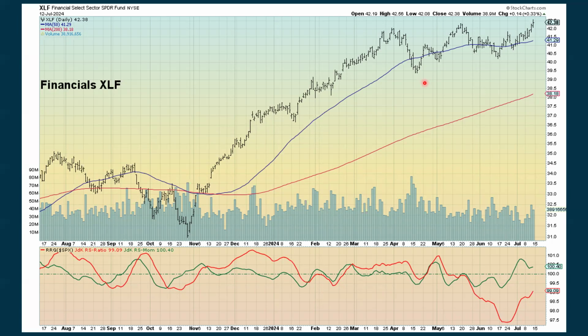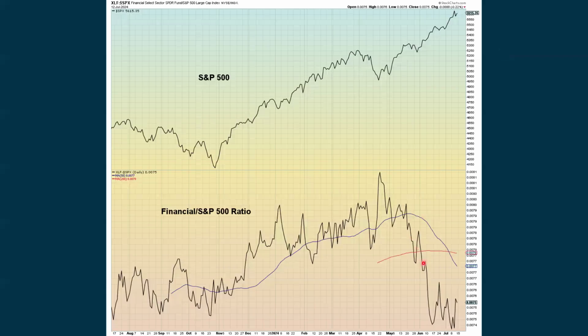It was kind of a buy the rumor, sell the news type of thing, where the price of banks were going up, and then the reports came out and they didn't like the forward guidance, and so the stocks ended up declining. But we're still looking pretty solid here when we look at all of the financial sector. But it's underperforming when we compare it to the S&P, and we've seen a recent death cross here with this ratio.